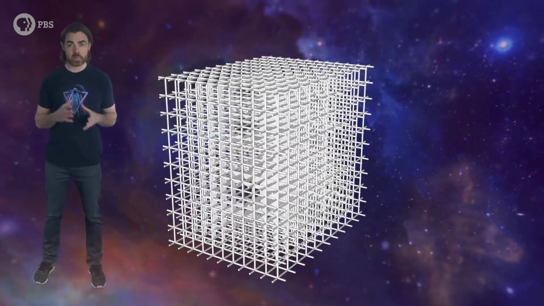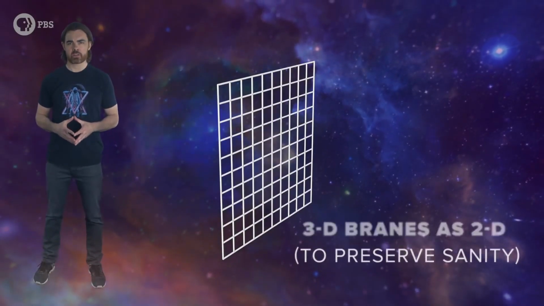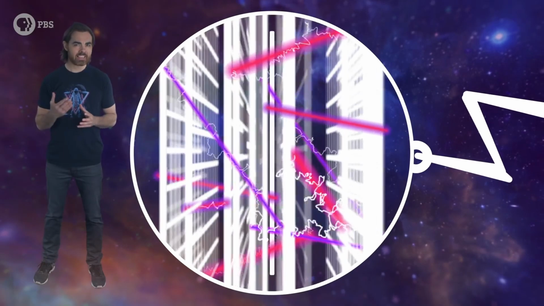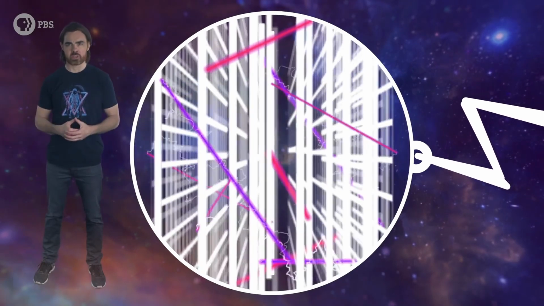But the strangest string duality was still to come with ADS-CFT correspondence, proposed by Argentinian physicist Juan Maldacena in 1997. Strange because it provided the first concrete description of a holographic universe. Maldacena imagined a set of string theory objects called branes. These are like multi-dimensional strings that can serve as start and end points for strings, but also as spaces embedded within higher dimensions. Maldacena considered geometrically flat 3D branes. These branes are extremely close together, basically overlapping. The strings connected to these branes are scale invariant, so their length and energy can vary without changing the physics.